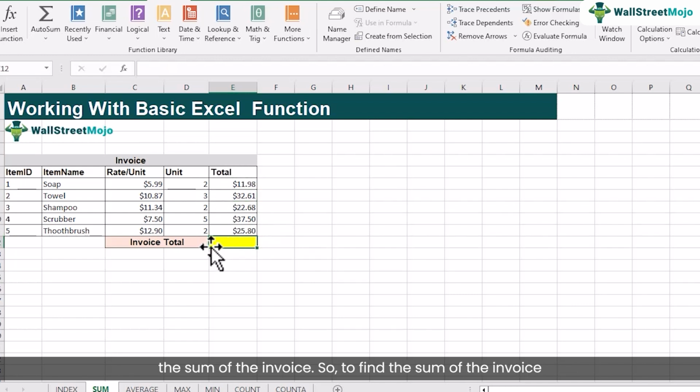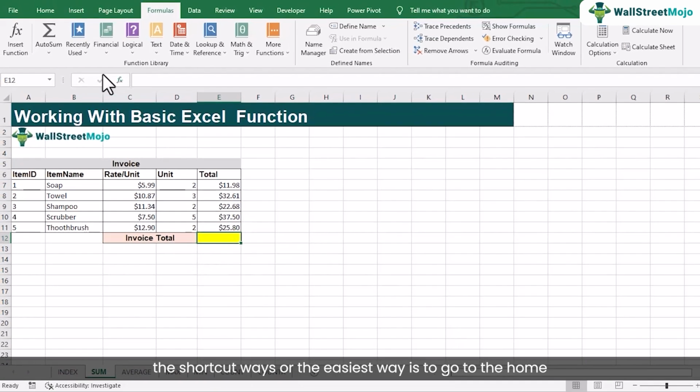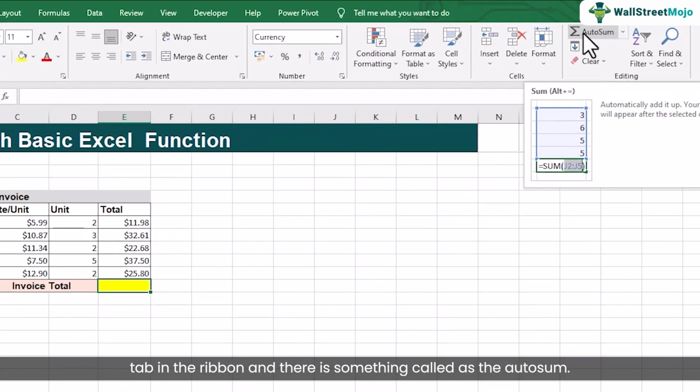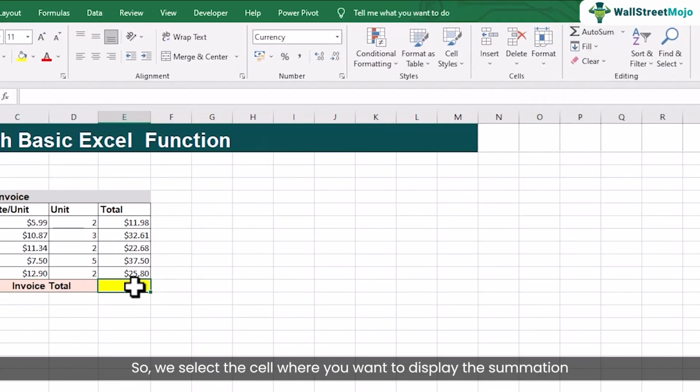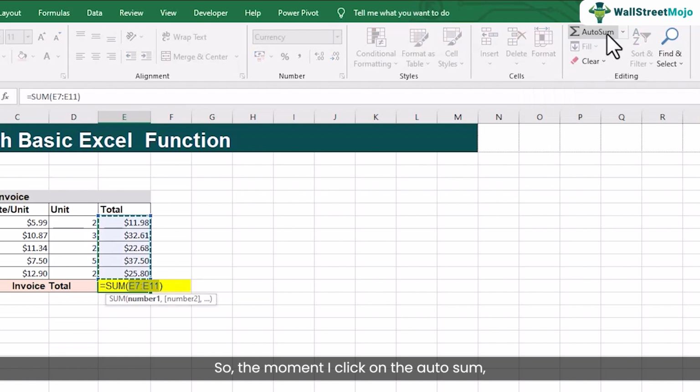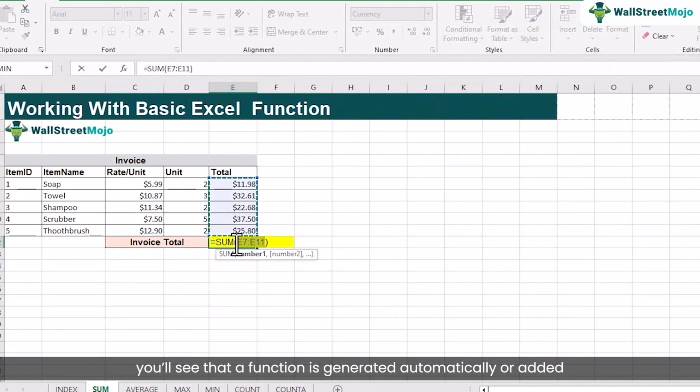So to find the sum of the invoice, we have multiple ways of doing it in Excel. Now one of the ways, the shortcut ways or the easiest way is to go to the Home tab in the ribbon, and there is something called as the auto sum. So we select the cell where you want to display the summation, and then we will click on the auto sum. So the moment I click on the auto sum, you'll see that a function is generated automatically